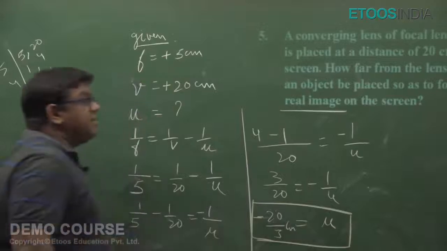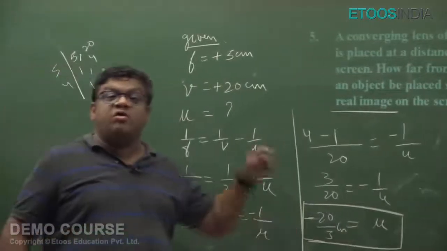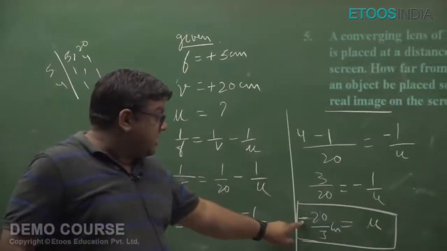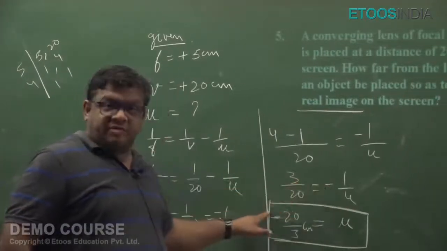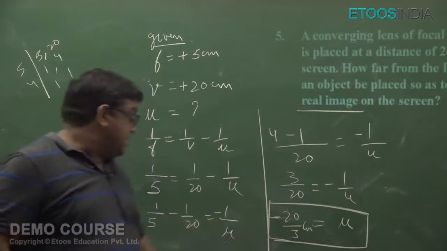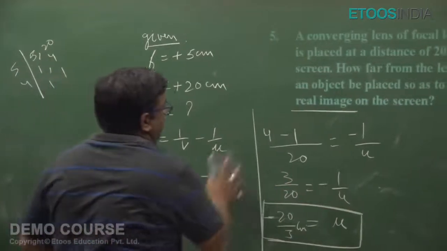The answer is very clear. The value of u has to be always negative, and we are getting it here very easily. I have to put this sign from there to here. We all know about this. Is it clear? Let's start with another question now.